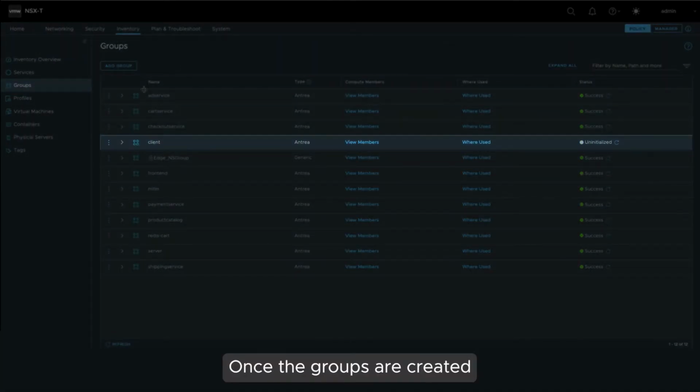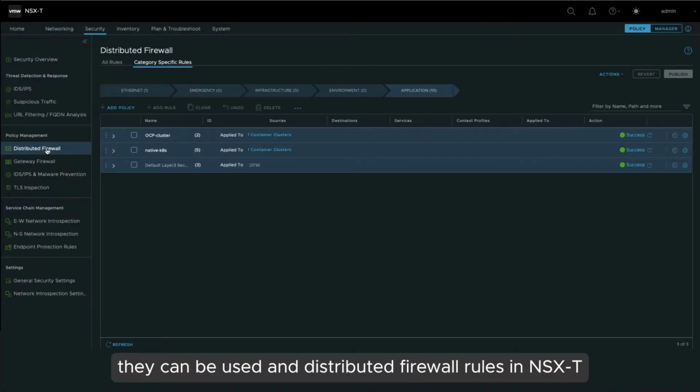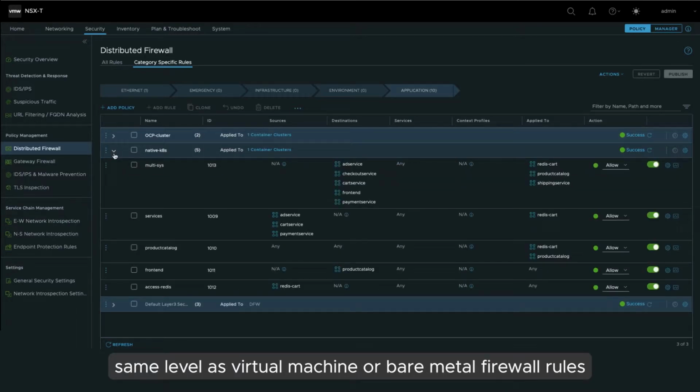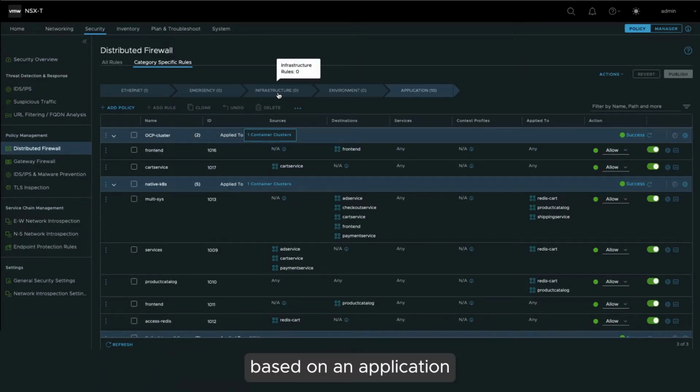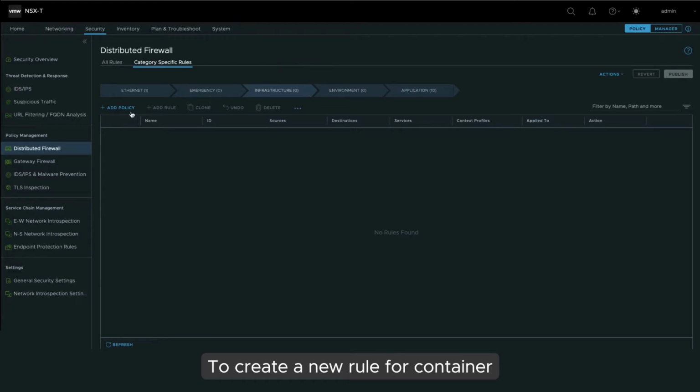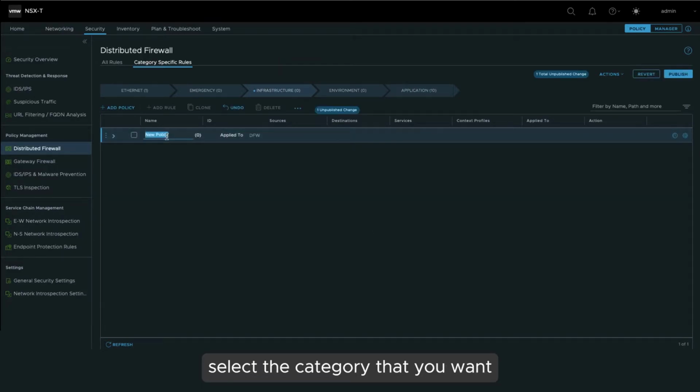Once the groups are created, they can be used in distributed firewall rules in NSX-T, same level as virtual machine or bare metal firewall rules. Here, we have a few rules already created based on an application. To create a new rule for container, select the category that you want, add a policy,